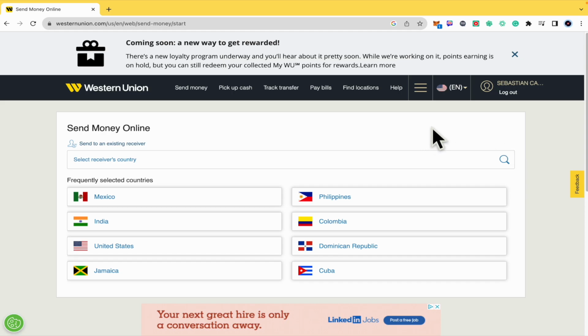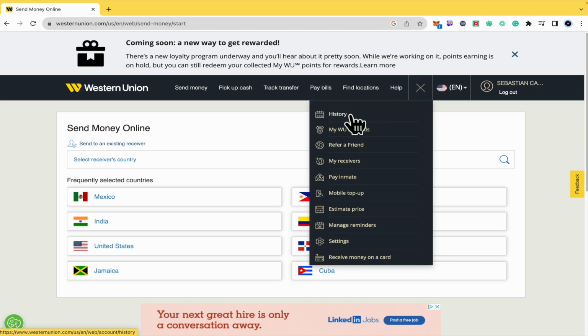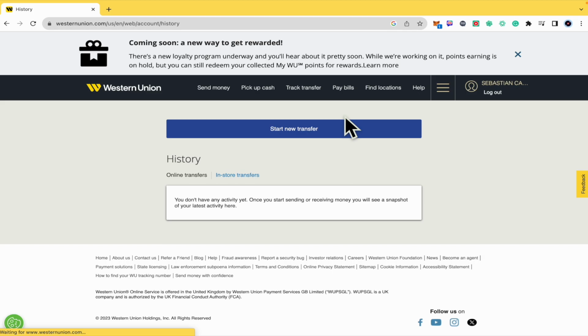In this case, what you must do is log in to your account. You must click on the three horizontal lines and go into your history. There you're going to check your history of transactions. As you can see, I don't have one, but I'm going to show you some screenshots where you can